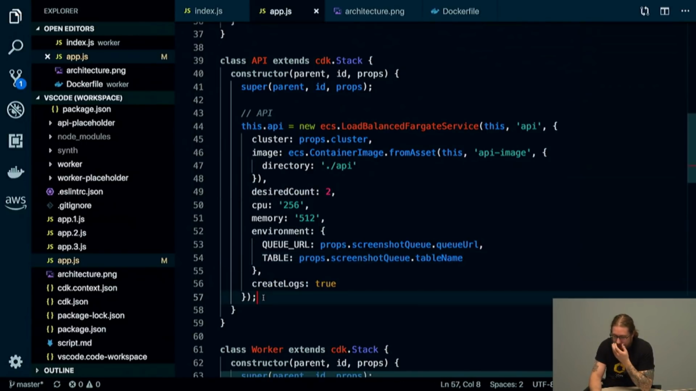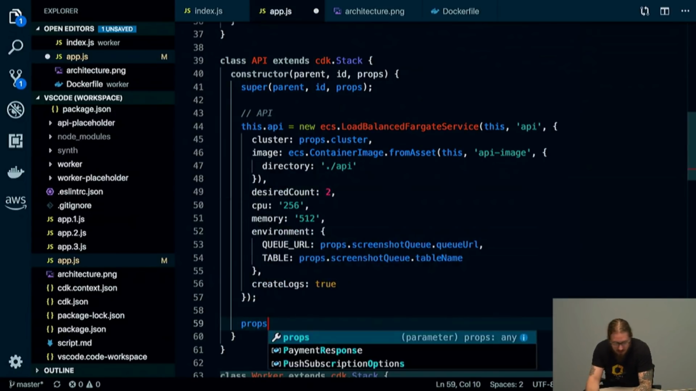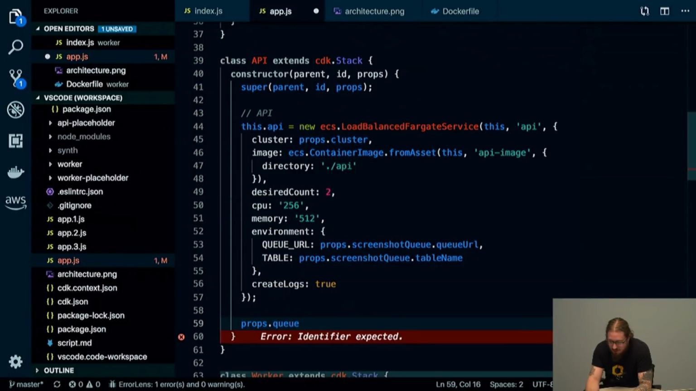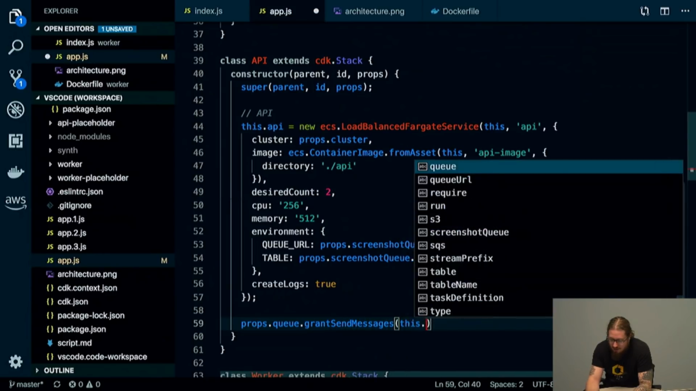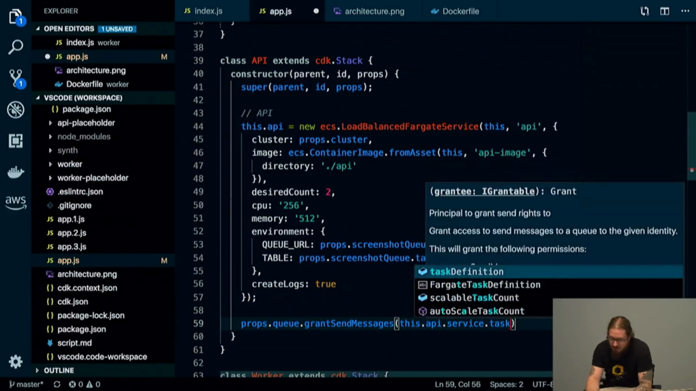Now, one thing you might wonder is, well, how is my application going to have permission to actually talk to this queue and this table? Well, fortunately, there are helpers for that. So once again, I can reference the queue, and I can use a method called grant send messages. And I can specify the role that was automatically created as part of my